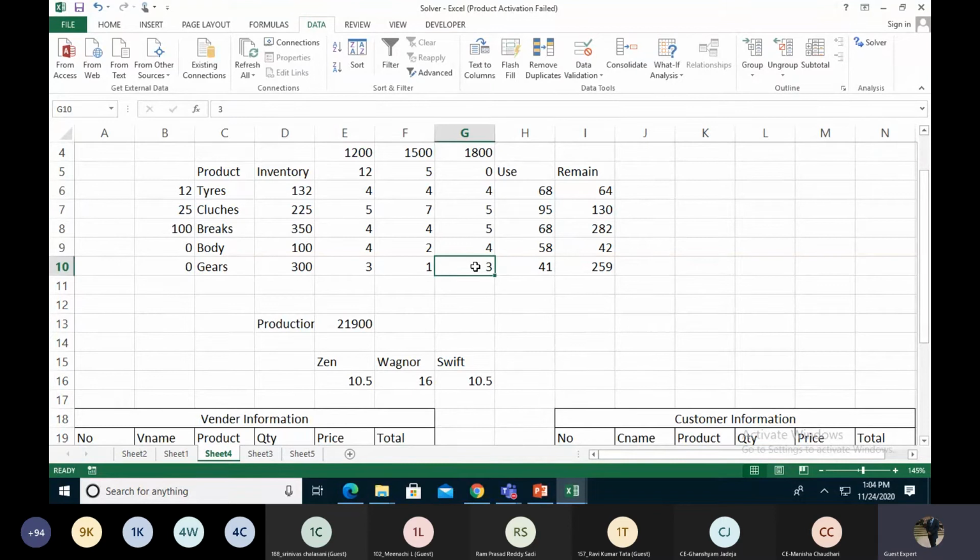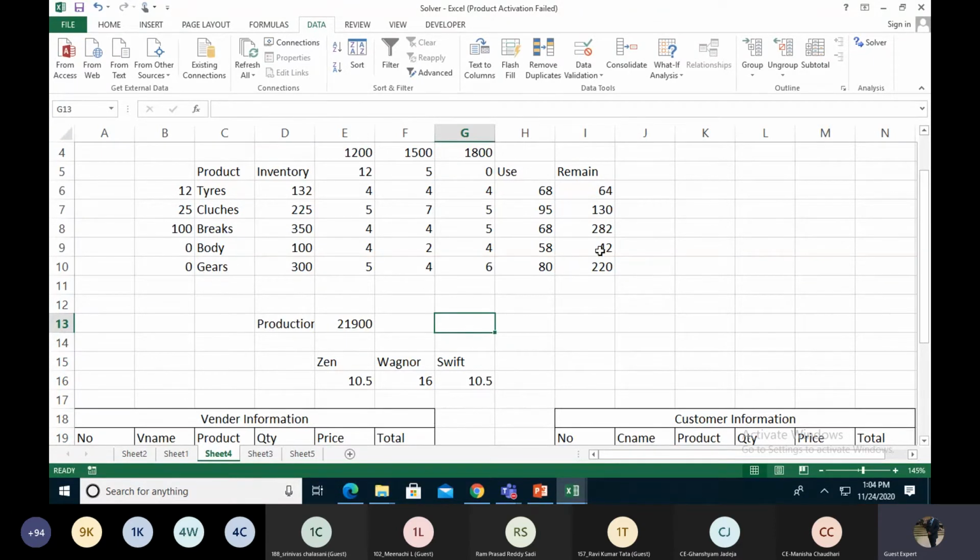If we use gear like 6, they're using 5, and they're using 4. Let's see if they are affected. No, because the gear is already more, so they are not changing any values. They are affected by the lower value.